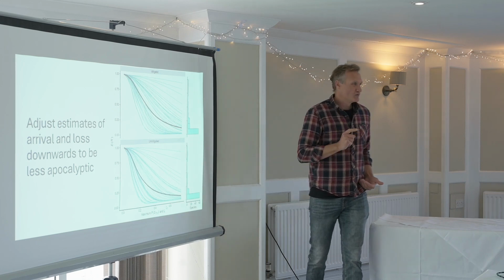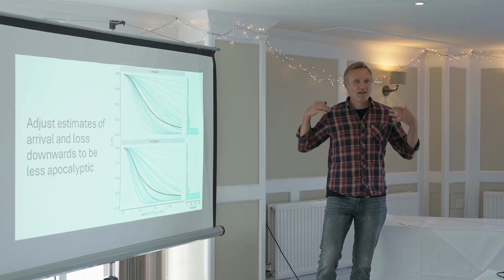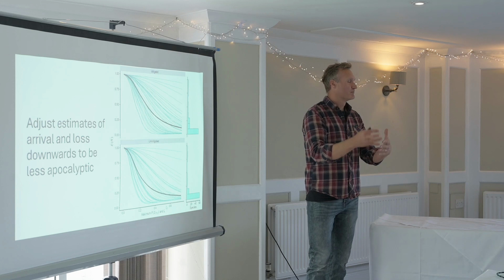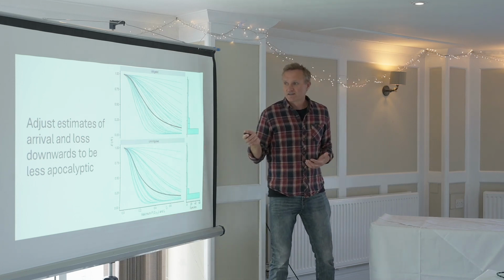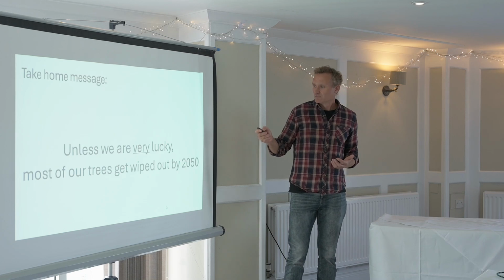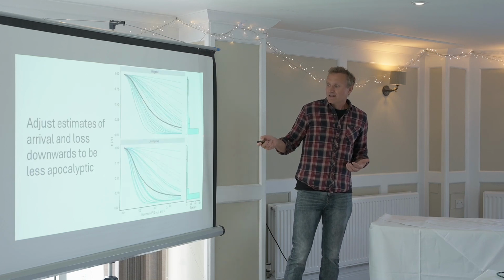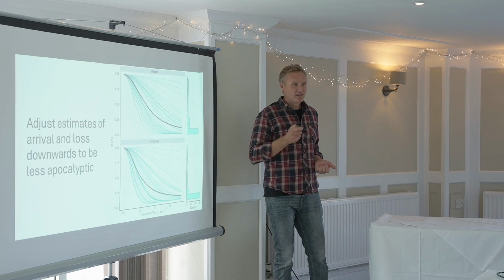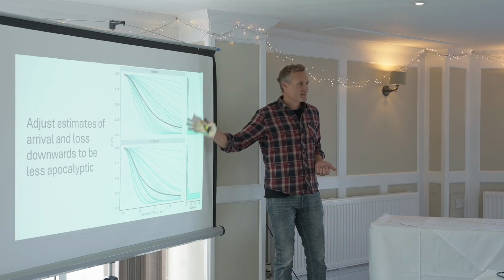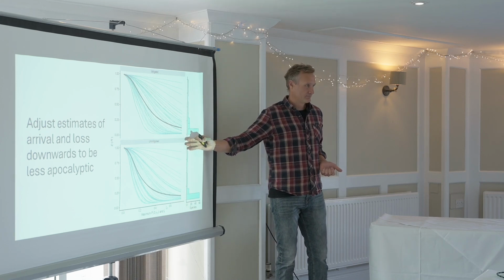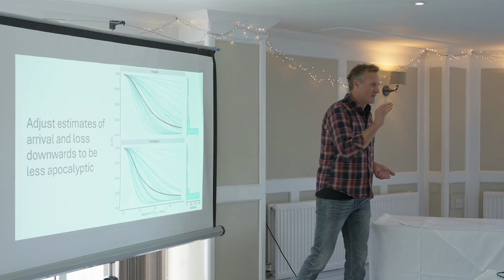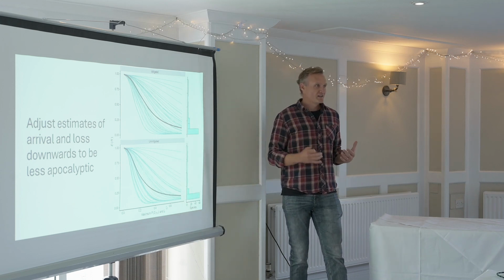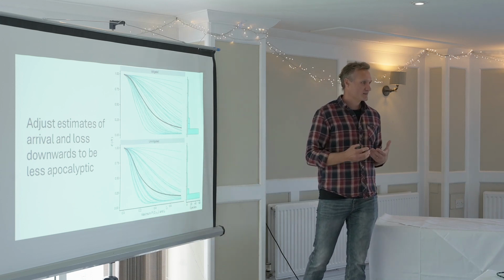What does that get you to if we multiply everything, the expected losses, over the next 25 years together? What we find is that for most trees under that scenario, the loss is complete. Just let that sink in. Under that scenario, if we assume that the effects of pests and pathogens are independent,